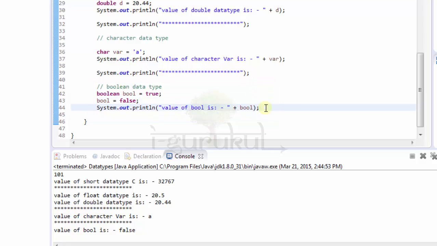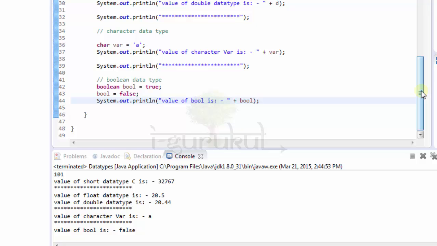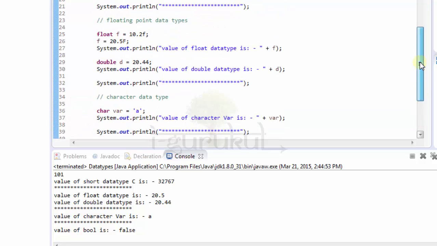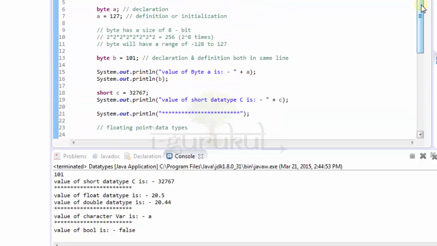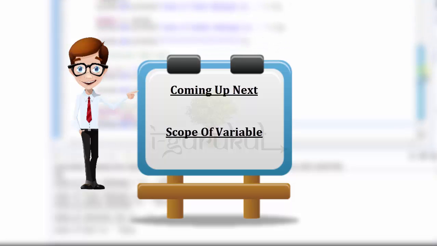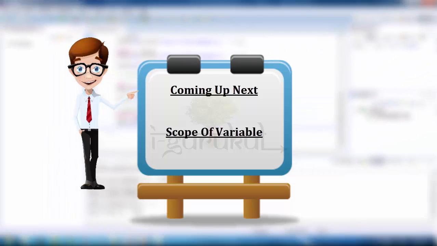So this is just the range and size of your data type and how you are gonna define your data type and how you are gonna use your data types. While making programs, you will be using a lot of data types, so you have to be sure what kind of data type have to be used at what time. So that will be all for this tutorial.